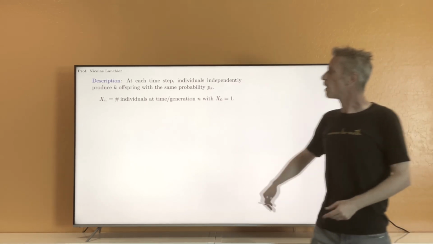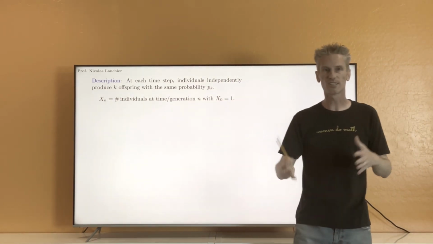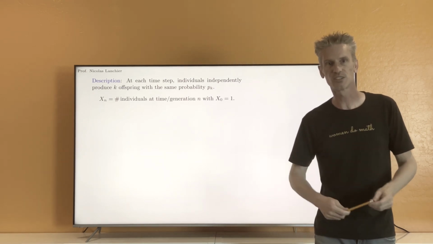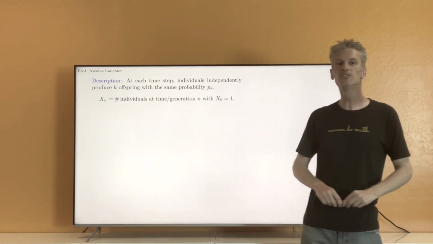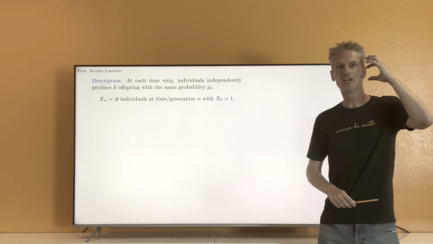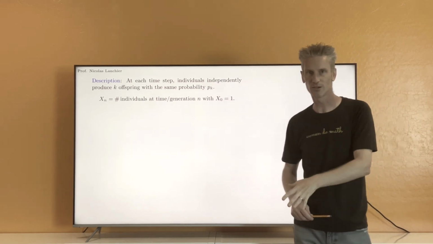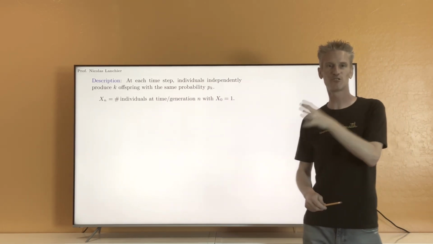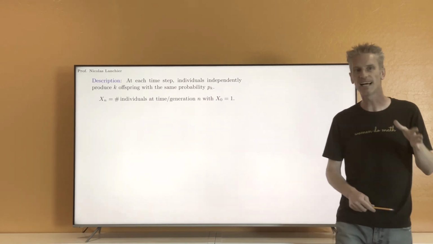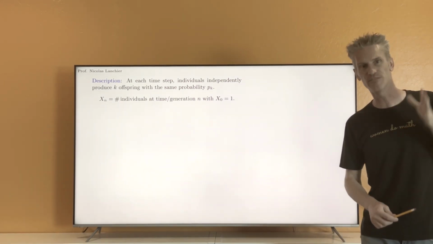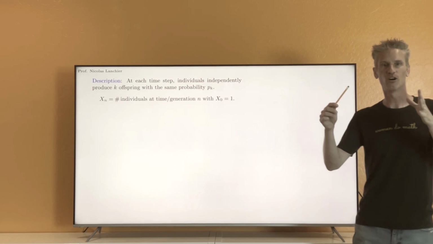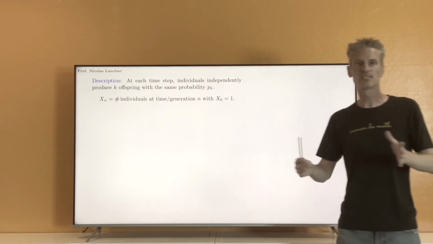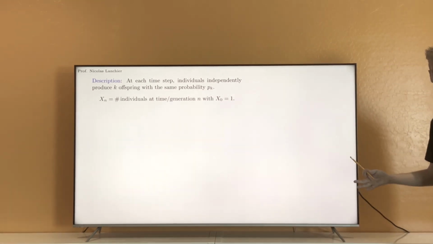One way to try to understand how we can construct a stochastic process mathematically would be to first try to simulate the process using a computer. If you can simulate a process using a computer, then that means that you probably have a very good understanding of the mathematical definition. So how would you simulate this process?